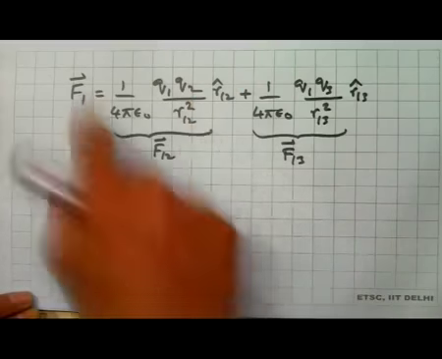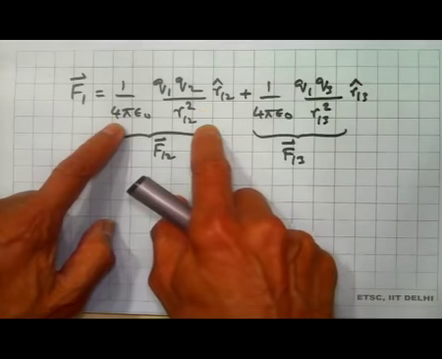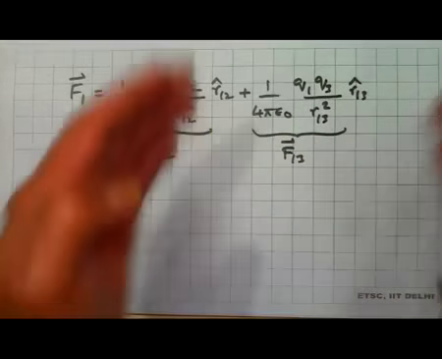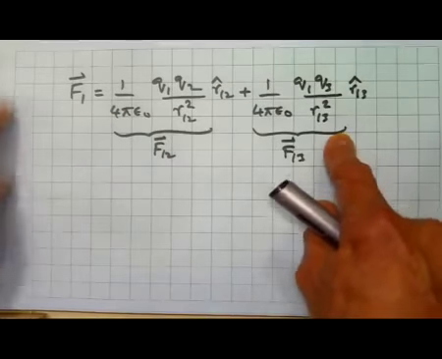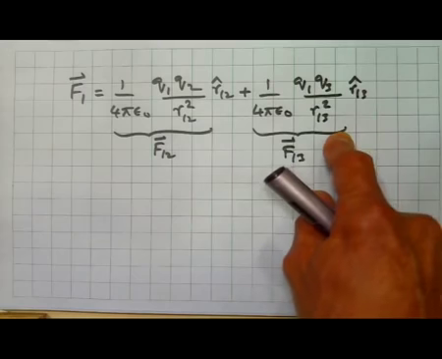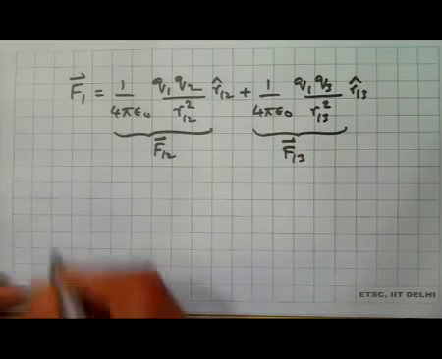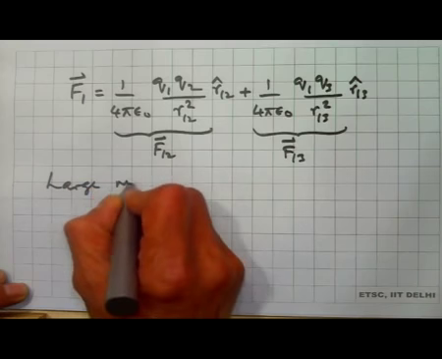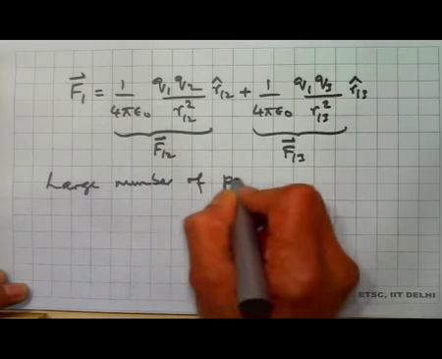This is the force on Q1 because of Q2, irrespective of whether Q3 was there or not. Similarly, this is the force on Q1 because of Q3, independent of the presence of Q2. So, this is the principle of superposition. So, if you have a large number of point charges,